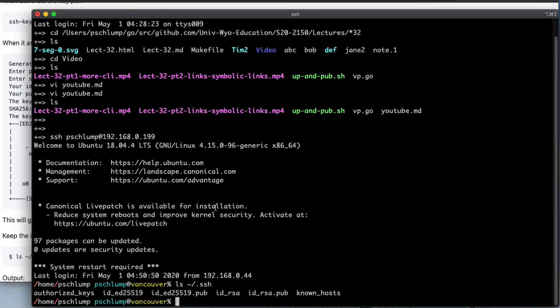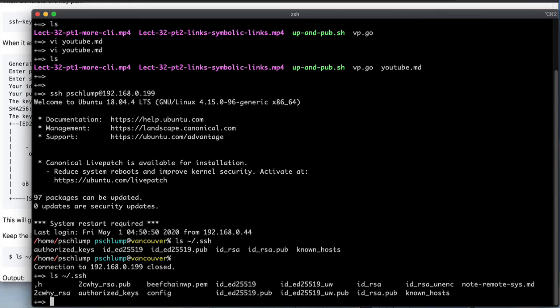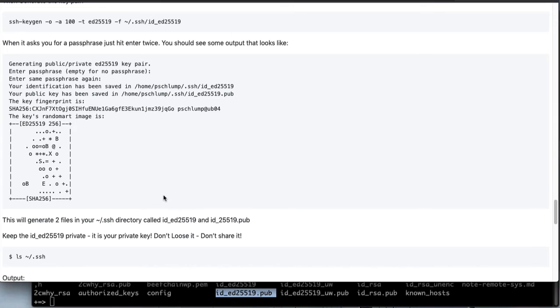Now, on a particular host that I have, let's go back to my Macintosh. Okay, so my connection is closed. And I've got a bunch of keys in here. What I've done is I have taken the key that I generated on the from system, okay, that's this guy, and I've sent it over to my destination system. The destination is the one that's going to receive the public key. And then I have appended that data to the bottom of my authorized_keys file on that system. So the combination of things that I have to do,